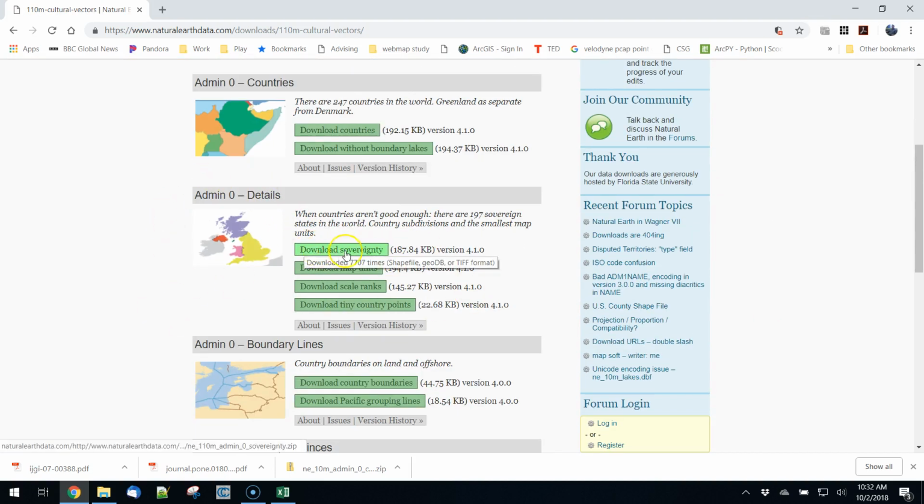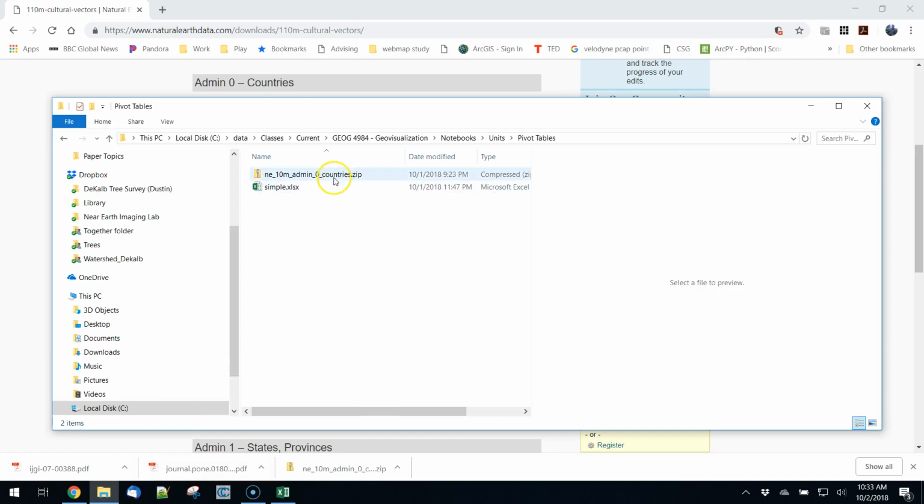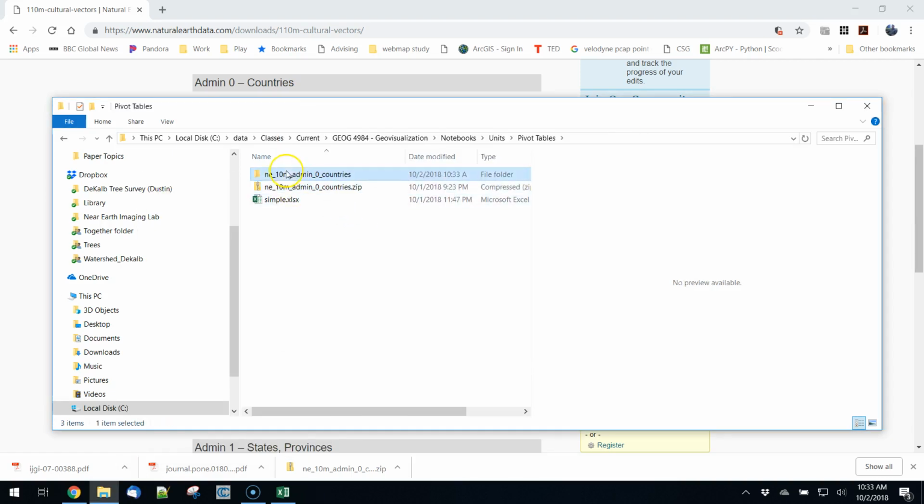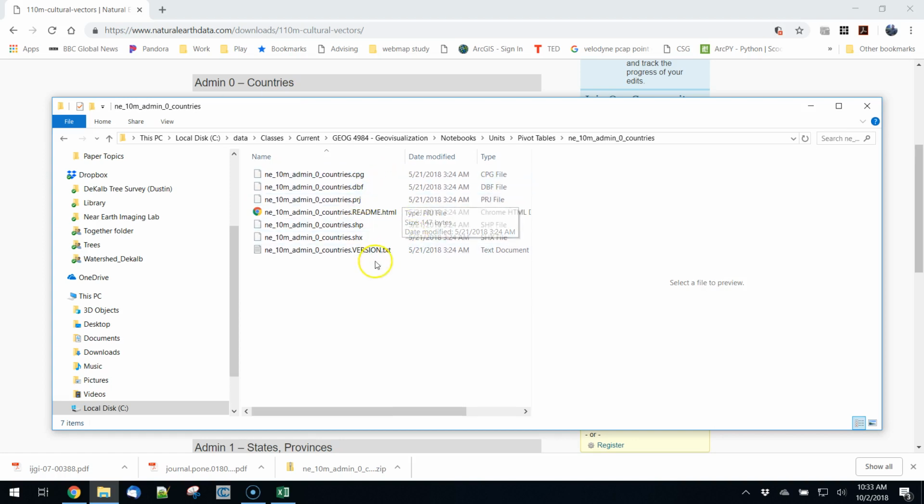I've downloaded this sovereignty file here, and that's what I'm going to be working with. So that's here, and I'm going to unzip it and open it up. What you see in here is a standard shapefile, and we could drag and drop this into our GIS package just like we've done. What I actually want to do is work with some of this data in